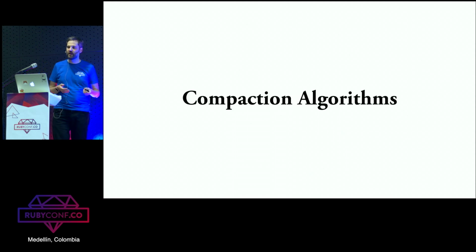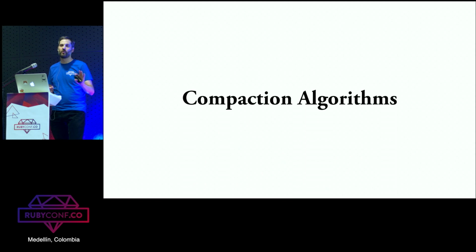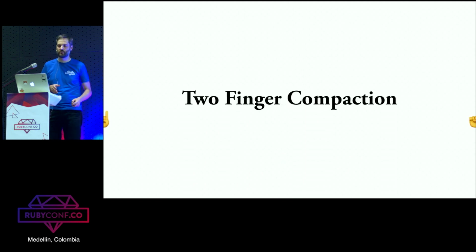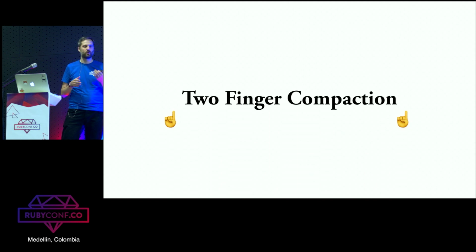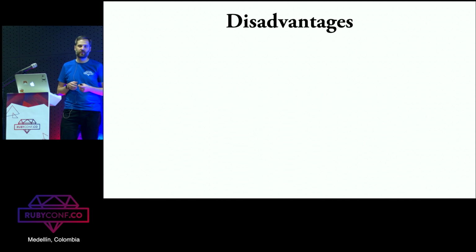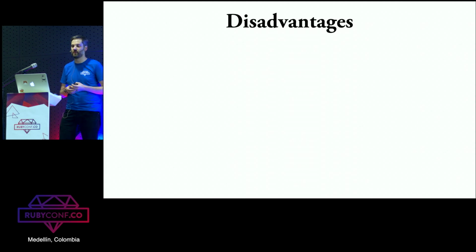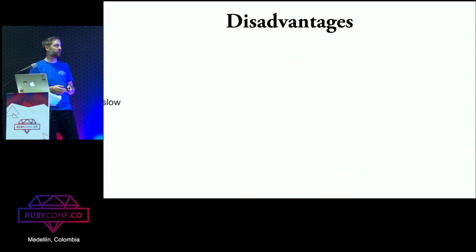So let's look at some compaction algorithms. There are many different compaction algorithms. I'm only going to talk about one of them, and that's the one that I'm using for the implementation here. And this is called a 2-finger compaction. So I chose a compaction algorithm called 2-finger compaction. Now, this compaction algorithm has some disadvantages. I'm going to talk about the advantages, but we'll talk about the disadvantages first. First off, it is slow,